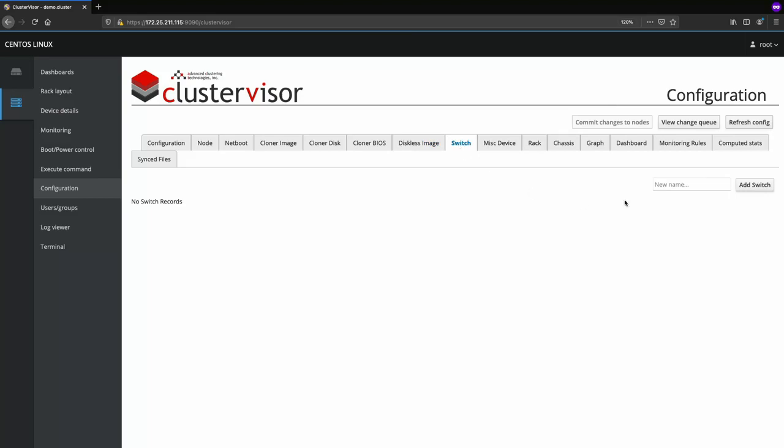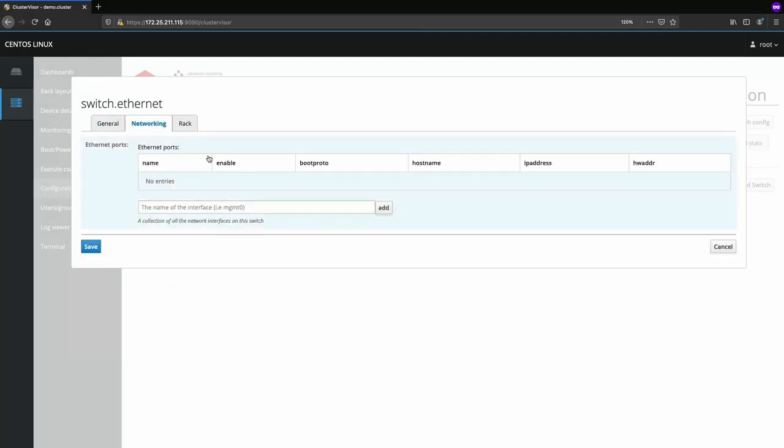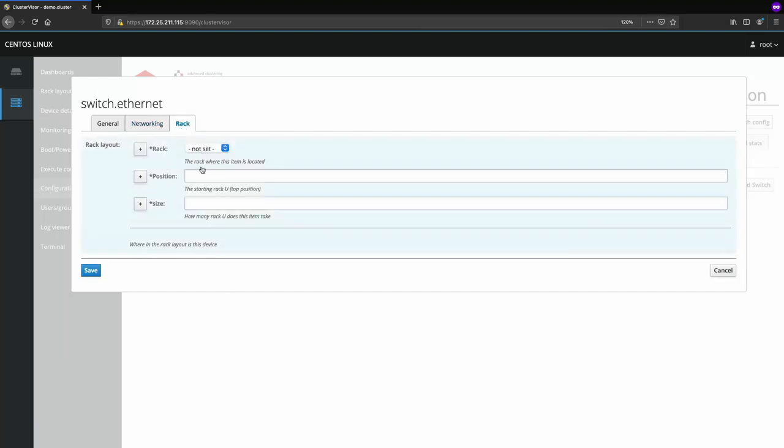So, switches. If you want to define all the switches in your cluster, let's say we have an Ethernet switch, so we want to call it Ethernet. You can put in here the type of switch it is, Ethernet, InfiniBand, or Omni-Path, the number of ports, the model, serial number, and the networking configuration. If you put all of this information in, it will add it to the host file and set everything up for you. You can also put the rack information in here,